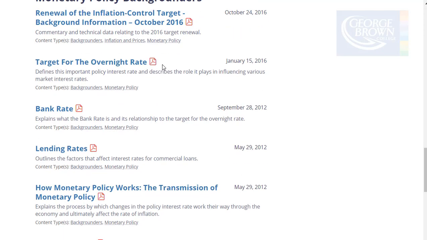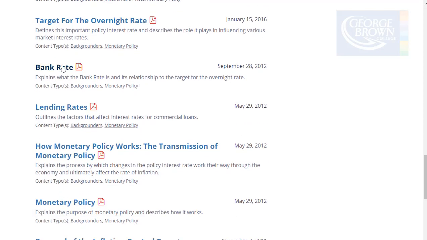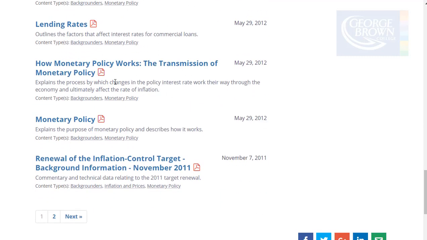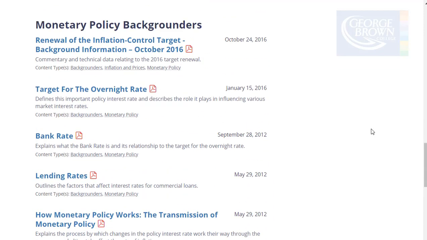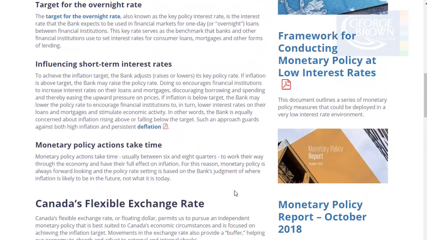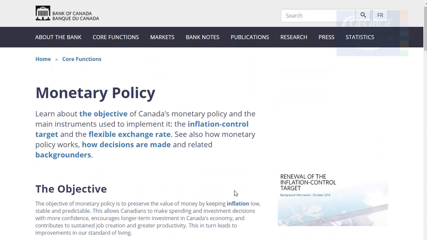So there's a PDF target for the overnight rate, about the bank rate, lending rates, how monetary policy works, the transmission of monetary policy. So again, one of my study tips is from time to time, if you have the time, then it's nice to go outside the curriculum of what you're studying and try to gather some information from the real world. And in my humble opinion, the Bank of Canada has a very excellent website that complements the curriculum in the CFA Institute Investment Foundations program with respect to the chapter on macroeconomics and specifically on monetary